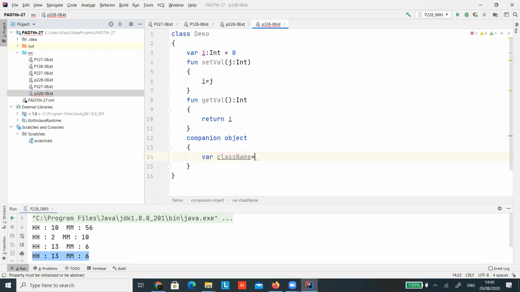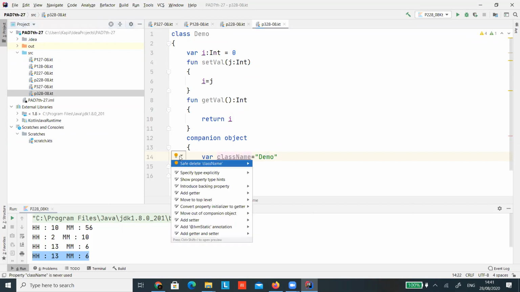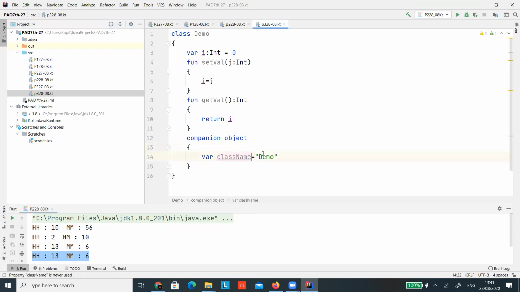Let me initialize it with demo. I'll make it senior. Safe delete there. Okay, it's not a big deal.